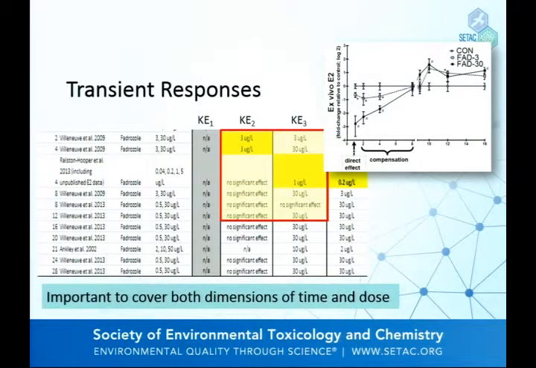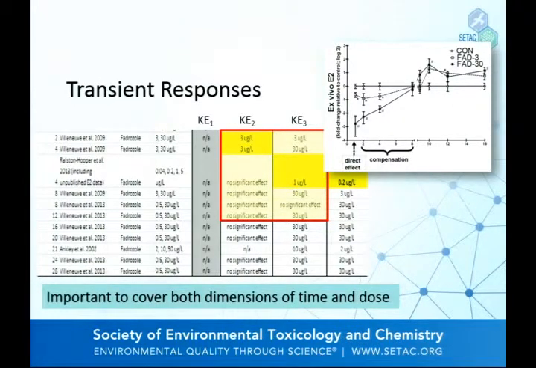Another challenge that we can encounter is things like transient responses. Again, I talked earlier about this pattern of effects where we see the impact at 24 hours, but the organism starts to compensate. If you looked at 8 days, you'd have said there's no effect on key event 1, when actually there was an effect, you just didn't look early enough in the time course to see it. So again, you have to take these things into account when you're evaluating the data. You might have missed some things.